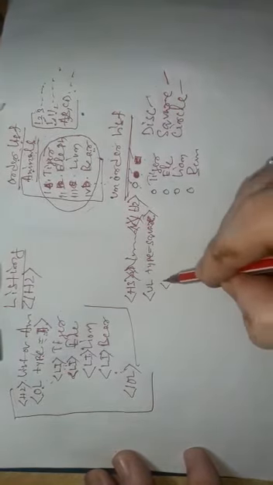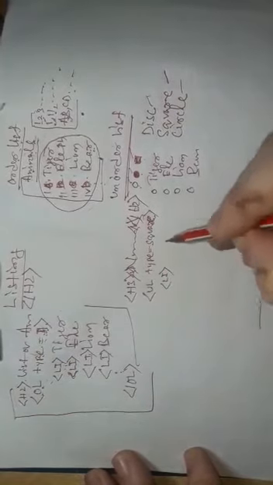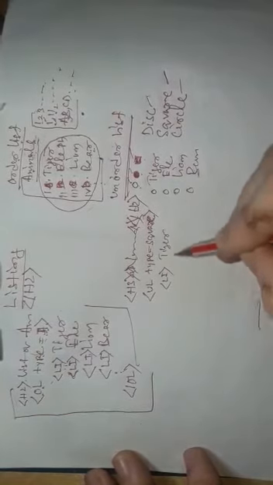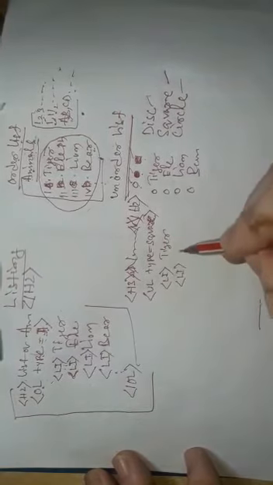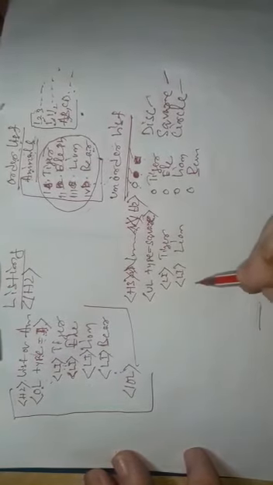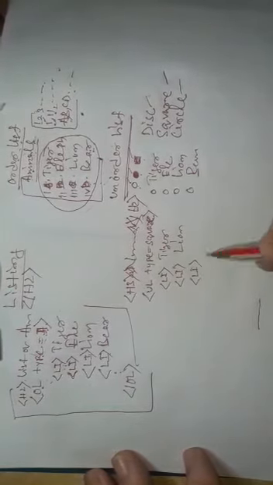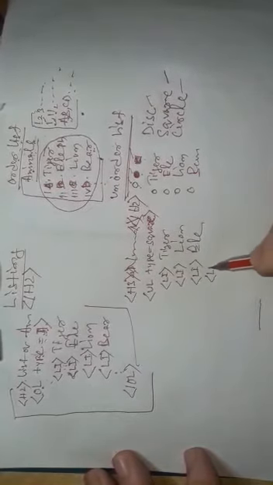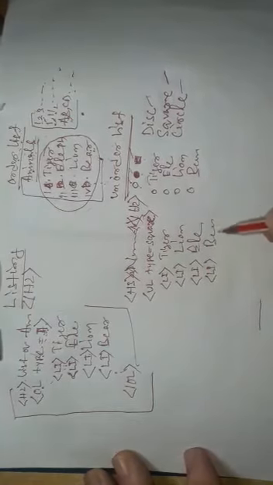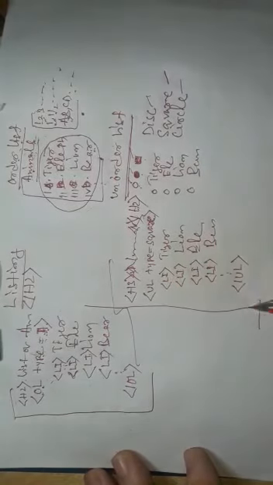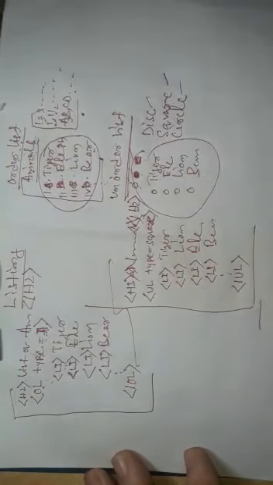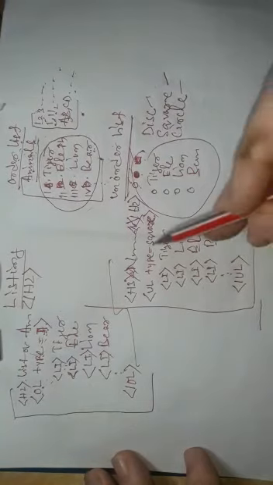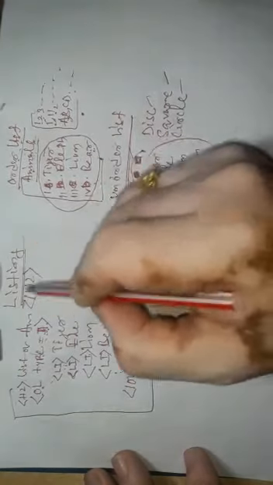Then in the same way you have to do LI, tiger. Then LI, lion, or elephant, whatever. Fine. LI, elephant. Then LI, bear. Then as many as you wish, you give, then you end it with UL. Understood, students? So doing this, this particular diagram will get done. So this is all about the listing tag.